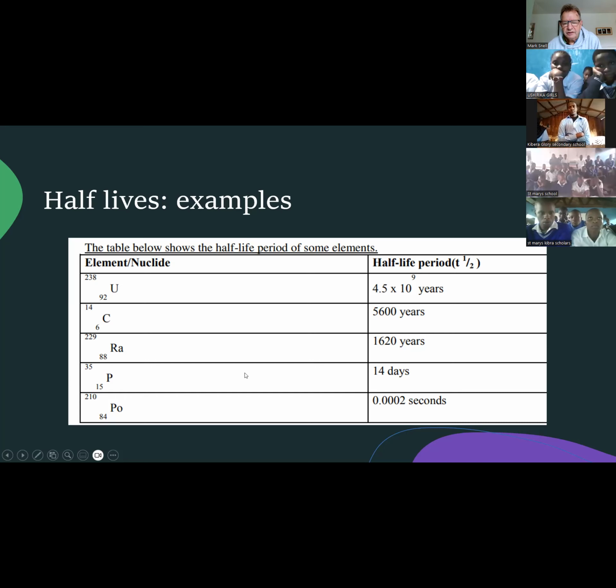So in other words, we have to be aware that the half-life is very different depending on the different, what we call nuclides, the different radioactive chemicals. You never have to remember these, but we have to be able to use them. So carbon-14, which is used in trying to find out how old something is, has a half-life of 5,600 years. So if I had 10 grams of carbon-14,